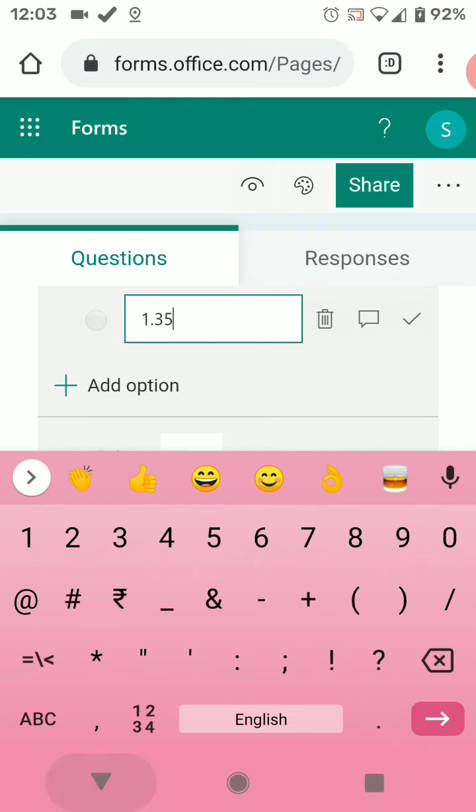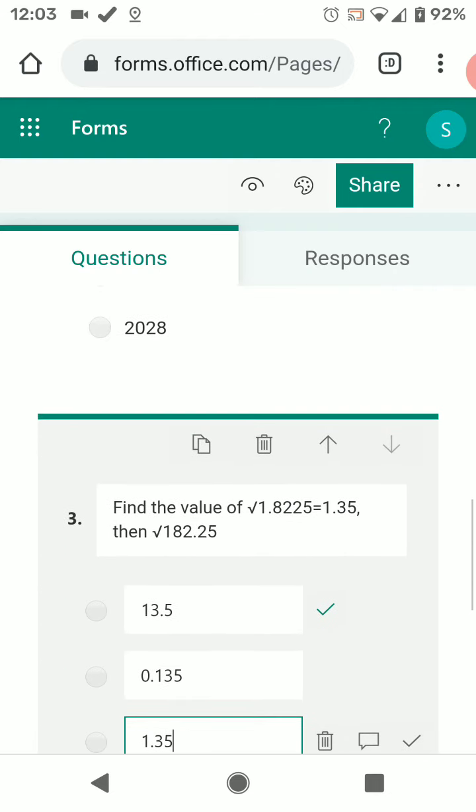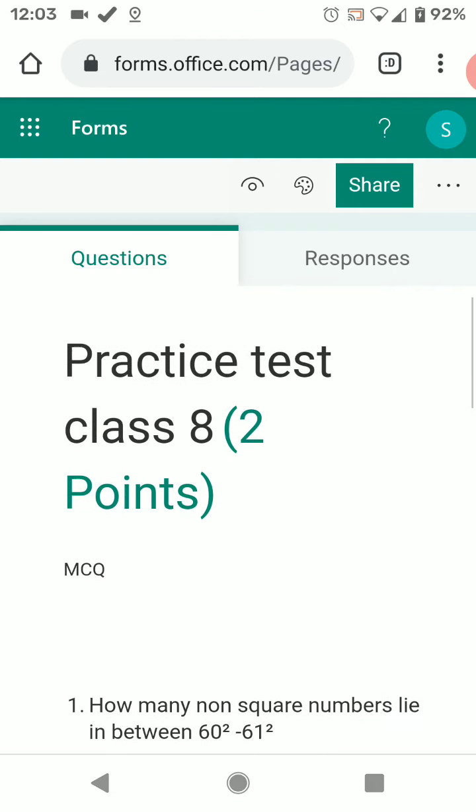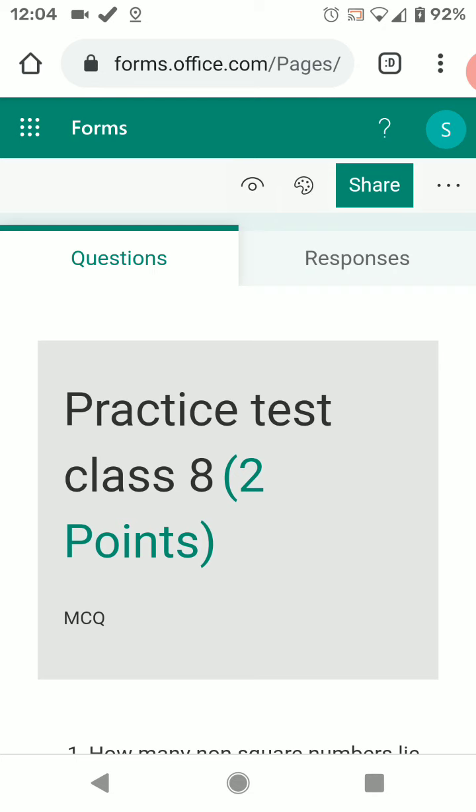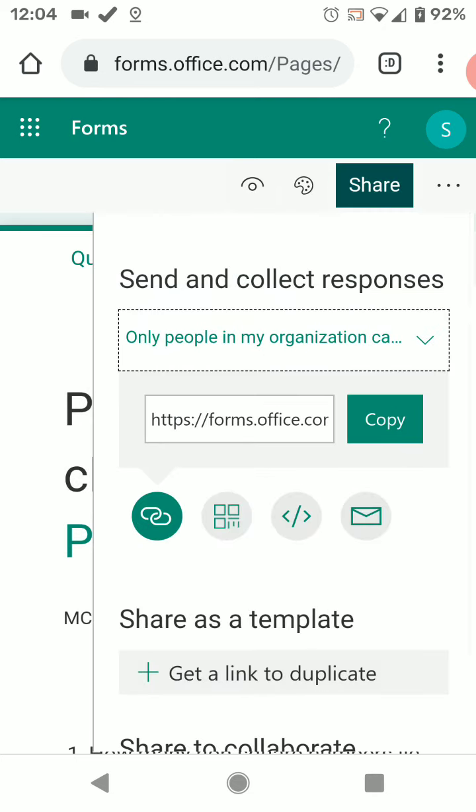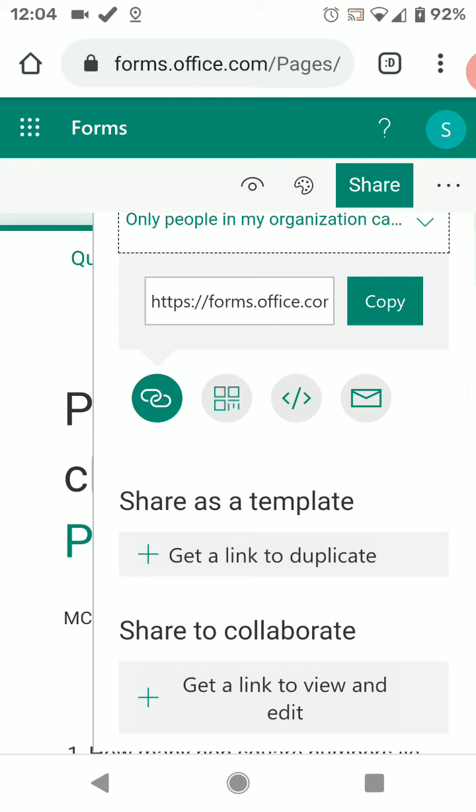Now this way you can prepare your questions, and once you prepare the questions, you can share this, or you can just copy this link and give it to your students in a WhatsApp group or any classroom you are choosing, or you can share with your friends as a template if they want to use the same paper in their classes.